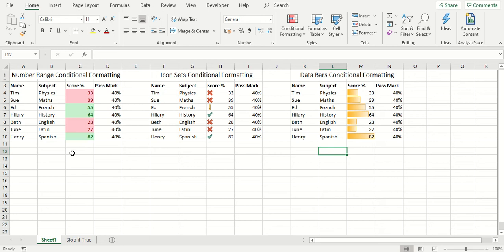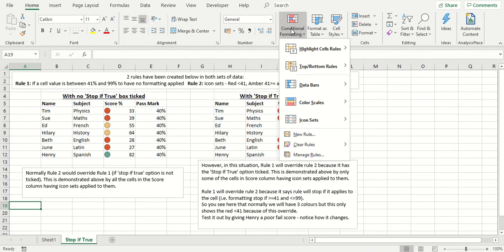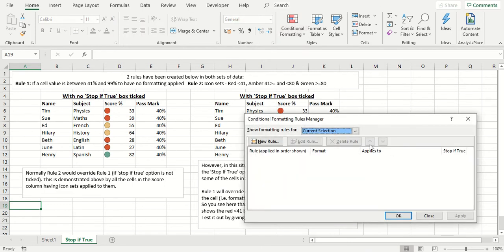This topic is found in our basic Excel course, and on this course we've had a lot of questions about the stop if true option. So we have added in a section within our course to explain this. The stop if true option is found when you're applying conditional formatting. If you go to the Manage Rules option, you can see